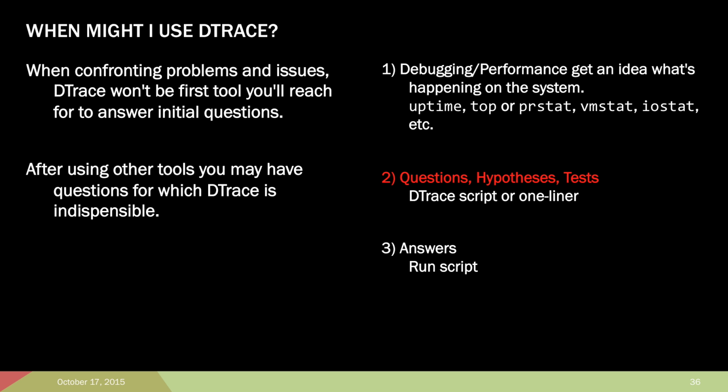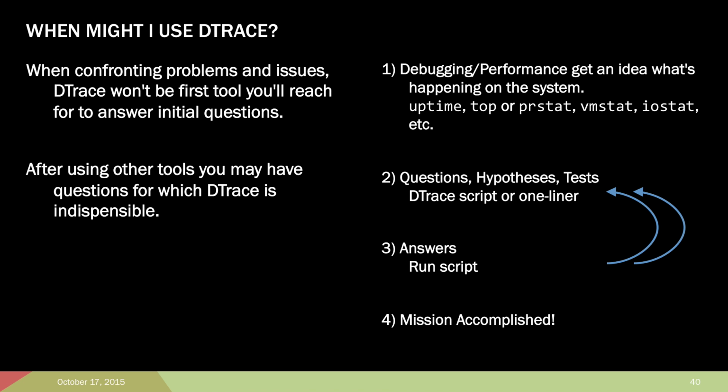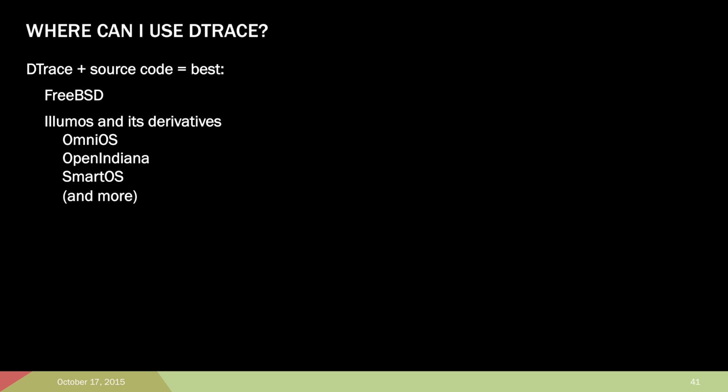Think of something you want to measure and write a D script or one-liner for it. Run the script and answer your question. This will likely lead to another question you want answered. Write a script for that, and so on, and then you find the source of your problem. It's just that easy. It's best to learn DTrace on a system whose source code is available, like FreeBSD or